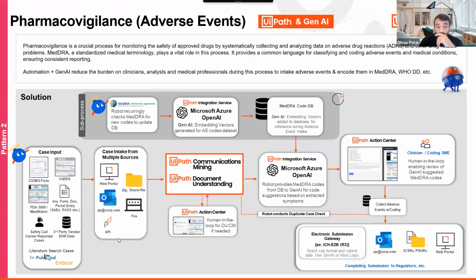Now, I did want to show one other real world use case that's a little bit different, right, in terms of how we use generative AI, but still using generative AI capabilities. So another demo that I created, and this is a mix of that knowledge base type search, but making it more hands-off, more fully autonomous with the automations, is pharmacovigilance, right? And if you're not familiar with that term,